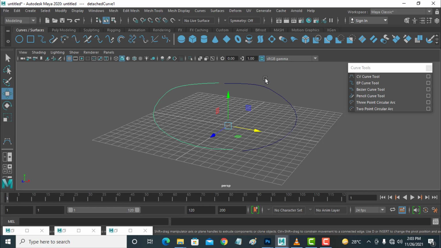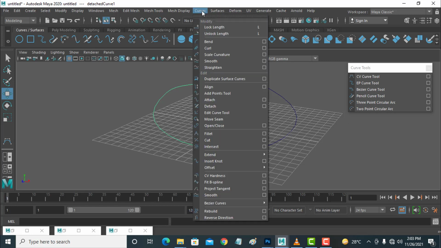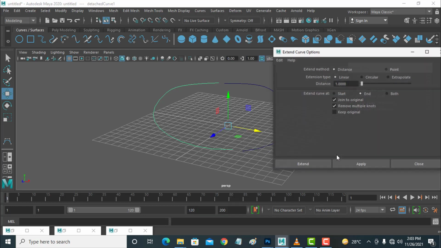Now if you want to extend any line, any point, this is start point, this is end point. So go to curve and extend curve, edit and reset and apply.